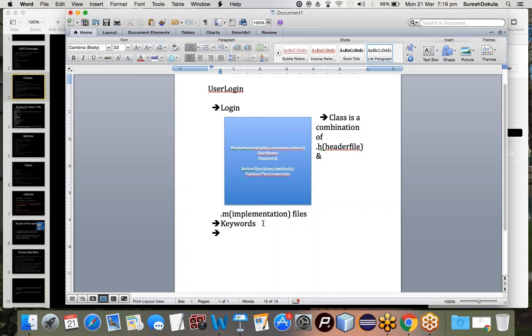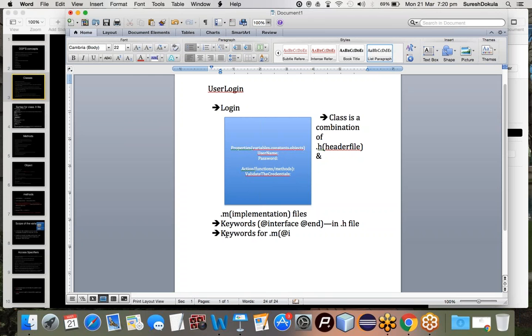Here similarly, if I want to define, there are different keywords which are used with a directive symbol. At the rate, we'll call it a directive symbol. Interface, this is a keyword. The keywords used to define a class in Objective-C start with @interface and end with @end. These two keywords will be used in the .h file, and the keywords for .m,